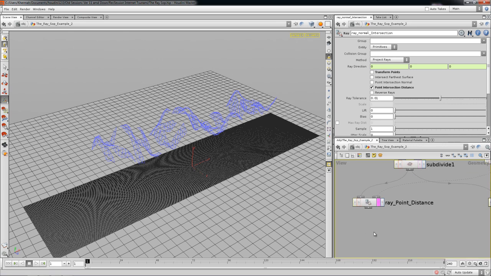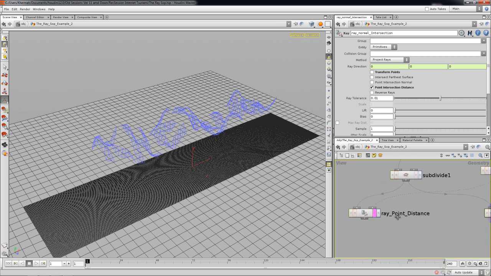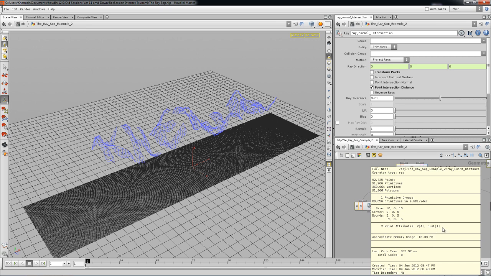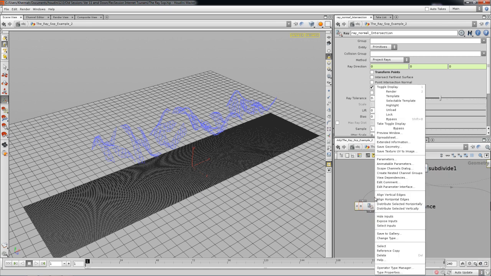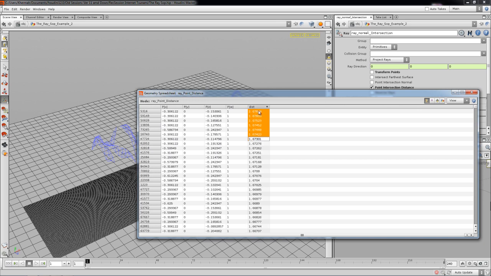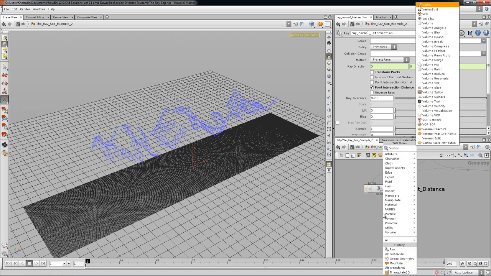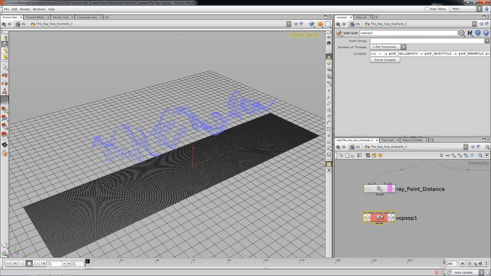Okay, so point intersection distance is actually what we're gonna be working with. What this does is, if you middle mouse click on this, you have one point attribute over here, but if you come on the Ray Sop, you have an attribute called dist, which you can look at in the spreadsheet. If you look at this, it has different values for every point. And now what we can do with that kind of data is use a Ray Sop to manipulate the data,